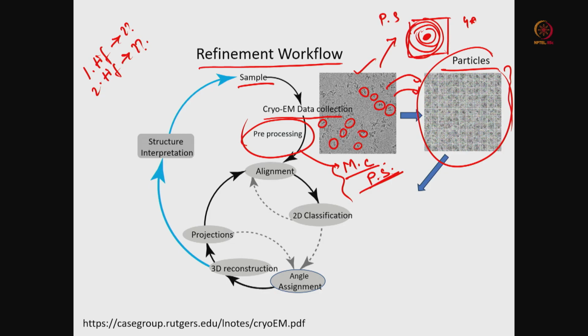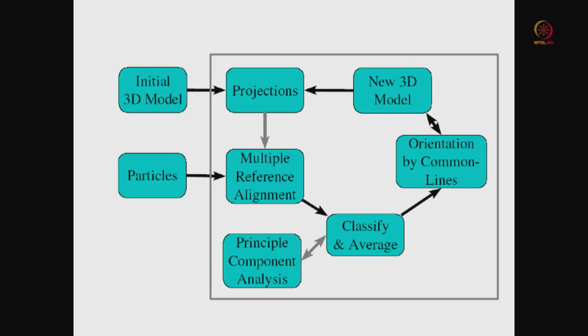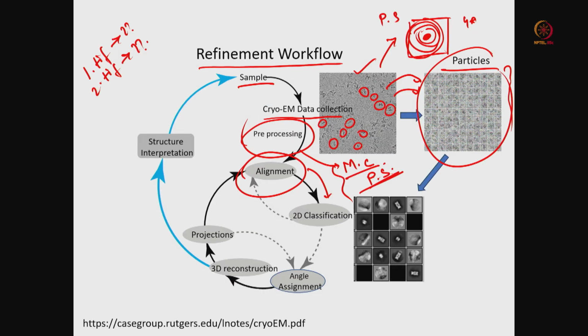Then you have the particle stack, and this particle stack is part of this step. Now, we will start aligning those particles, which we already discussed in the 2D classification. When you do the alignment, what is required? We need the rotational angle and the x and y translation, and after the alignment we will get the first 2D class averages. So, here this is my first 2D averages.